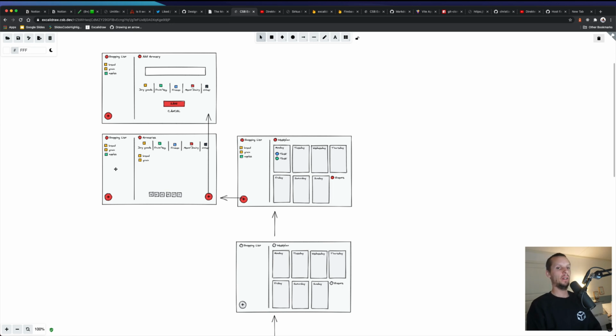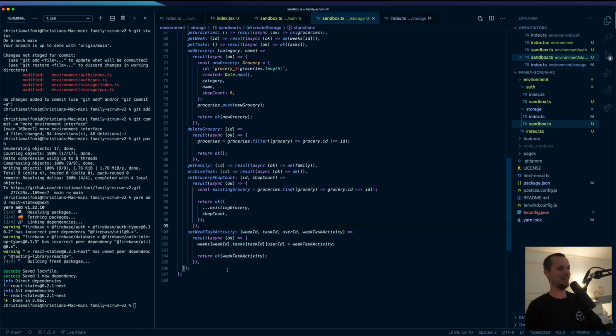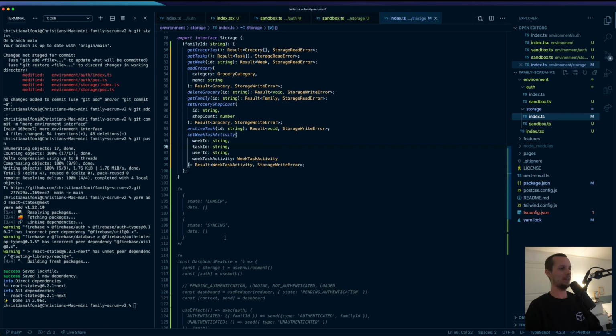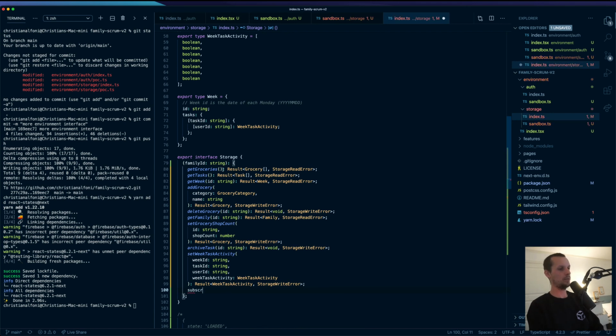And then we need to listen for adding and removing tasks. That's the second subscription. And we need to listen to week updates, or basically not really week updates, but what do we call it? Task week, week task activity updates. So we have 3 different kinds of subscriptions. So before I forget them, let's write them in here. So we need to